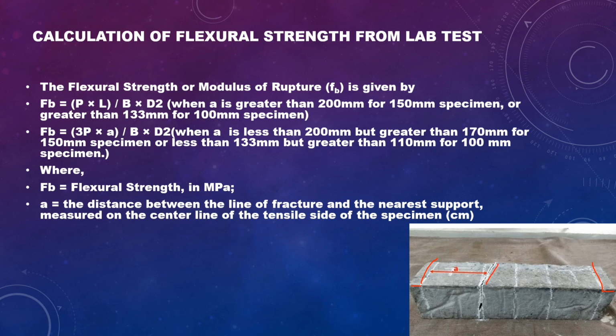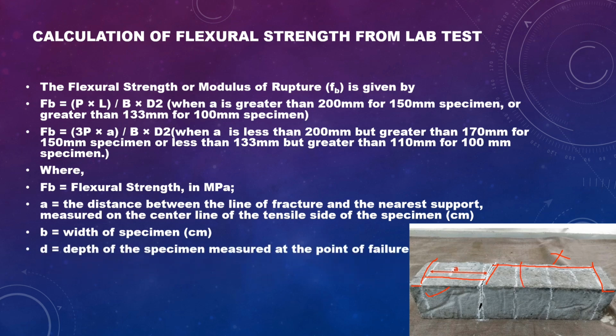And what is A? A is the distance from this loading point to the crack, and this is the distance from this loading point to the crack. And A is the minimum distance of the crack from the nearest support. So this is A and this is not A. And B is the width of the specimen. This is the width of the specimen, and D is the depth of the specimen measured at the point of